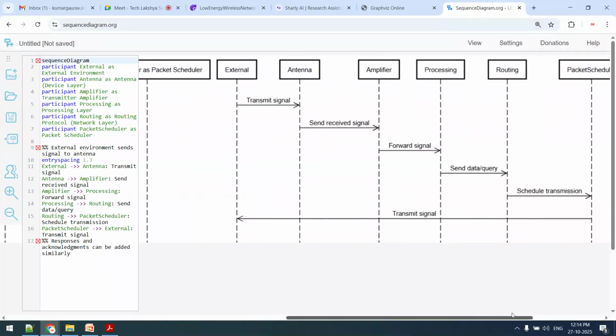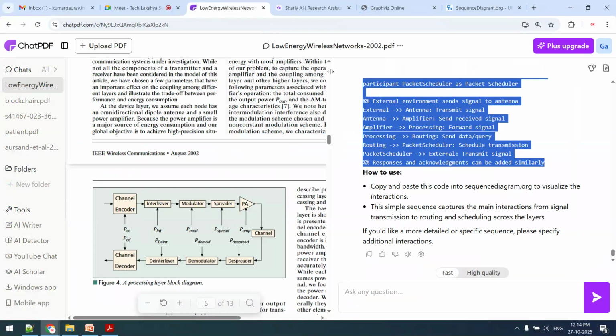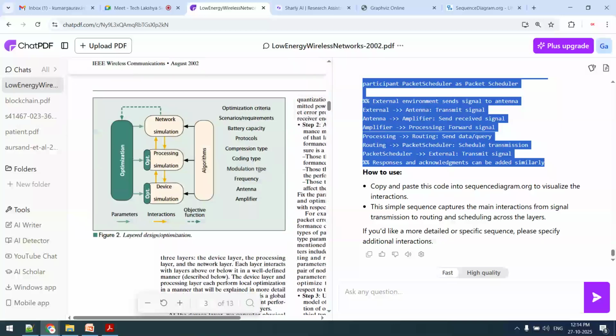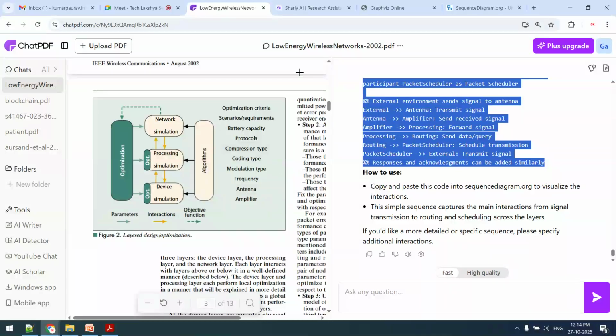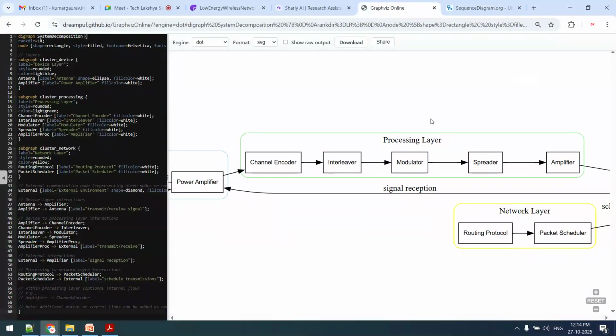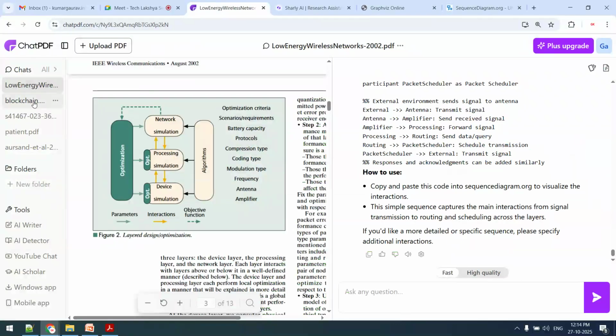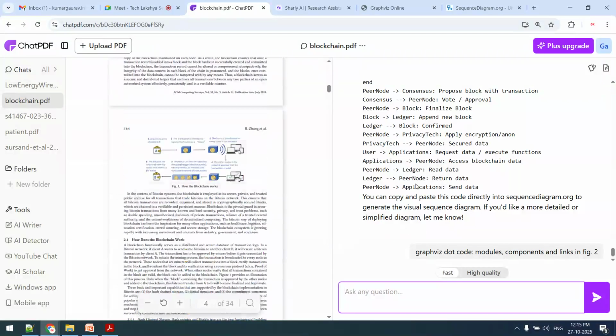If we want to create a diagram manually, for example from this particular diagram, I would have to create a sequence diagram from this image. Manually, it will be very time consuming. But here we have directly written: create sequence diagram code. Here we have directly written: create graphviz.code. In the same way, related to some other paper, some other book chapter or some other document, we have created some